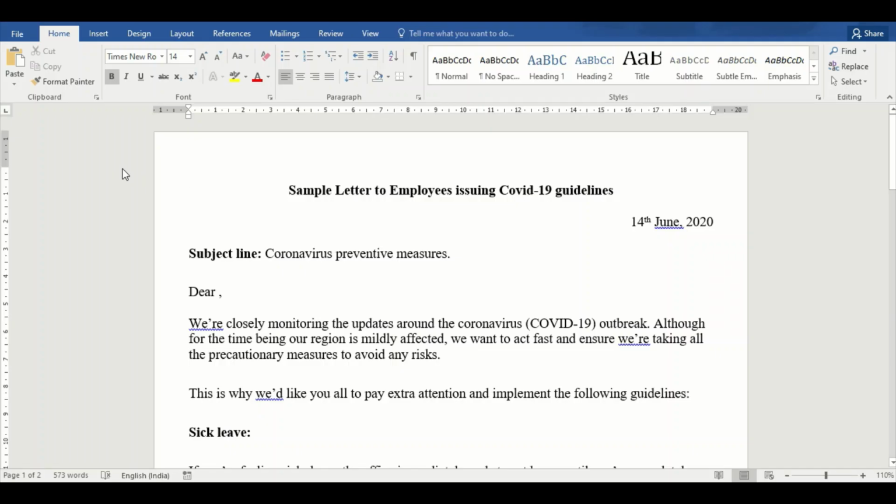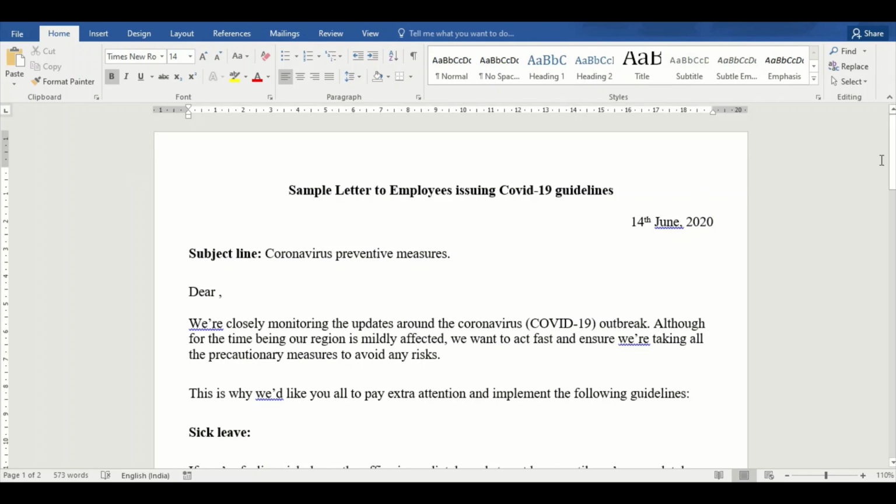Hello everyone. Today we're going to learn how to use the mail merge feature in Word 2016. The mail merge feature comes in handy when we need to send out the same body of an email to multiple recipients, and it saves time for us where we do not need to enter the recipient's details one after the other, and it automatically extracts the details from an Excel file or an Access file. So let's move on to learning how we can use the mail merge feature.